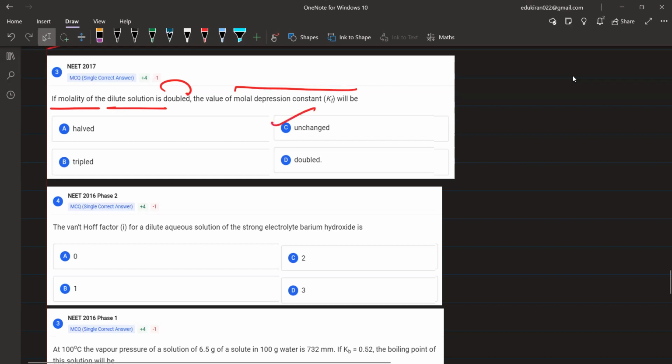C होगा ना ऑप्शन, अनचेंज्ड। ये तो कांस्टेंट है। मोलर डिप्रेशन कांस्टेंट इज ऑलवेज अ कांस्टेंट, इट इज नॉट गोइंग टू चेंज विद मोलारिटी। ओके, डेल्टा TF नहीं पूछा उन्होंने, प्लीज रिमेंबर, डेल्टा TF नहीं पूछा है। क्या पूछा है उन्होंने? KF पूछा है। KF इज अ कांस्टेंट, दैट इज व्हाई इट विल बी सेम।